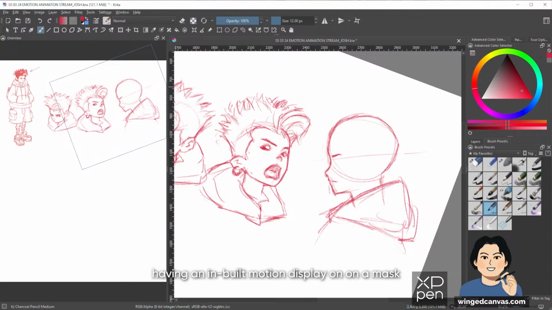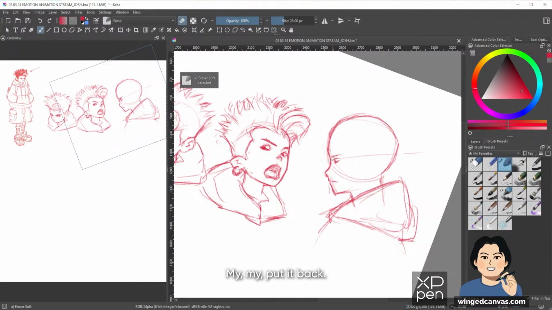Having an emotion display on a mask, that's kind of hard. Anything exaggerated? Okay, so the change between profile and 3/4. Interesting. Ghost pet. Oh, true. Yeah, I forgot about the whole ghost pet thing. Yeah, forgot we had ghost pet potential here.